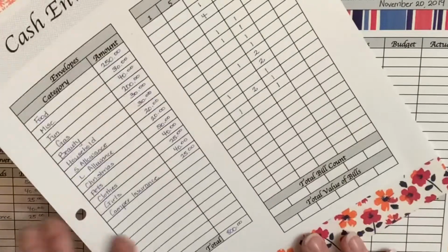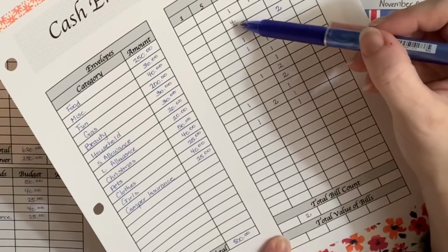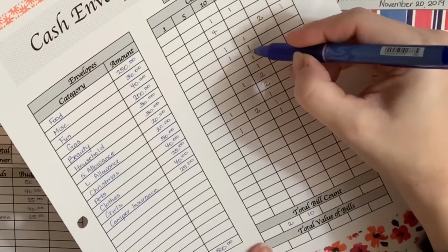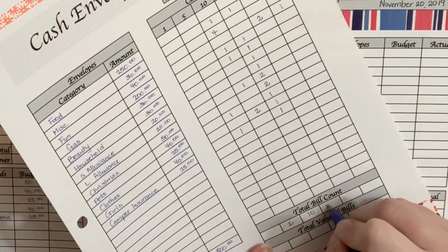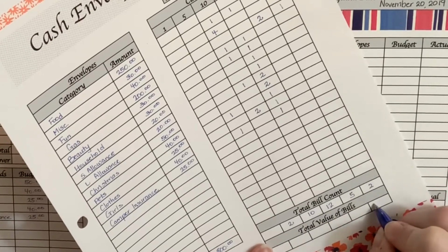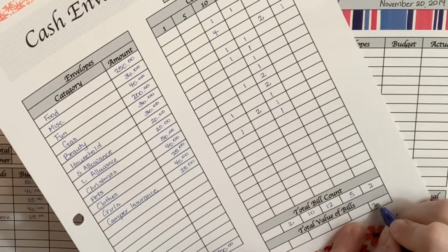And now we'll total this up. So I have 2 5s. I have 10 10s. 12 20s. 5 50s and 2 100s. So obviously we have, oh my goodness, I was going to write 100. We have 200 right here,